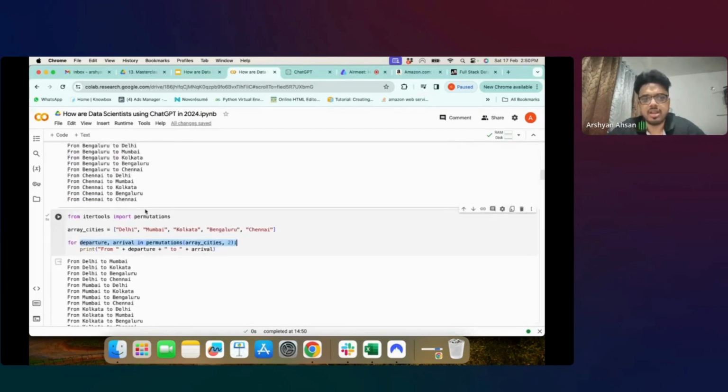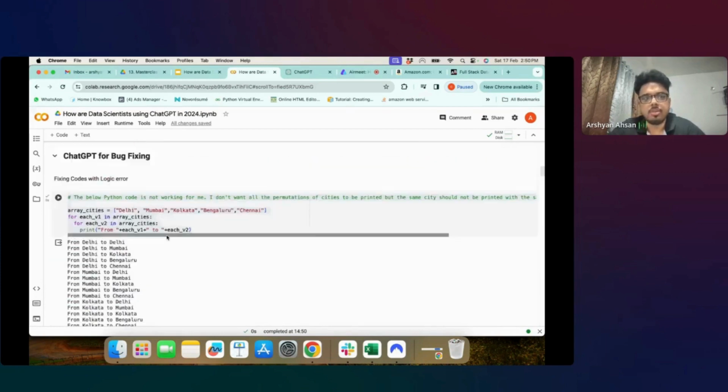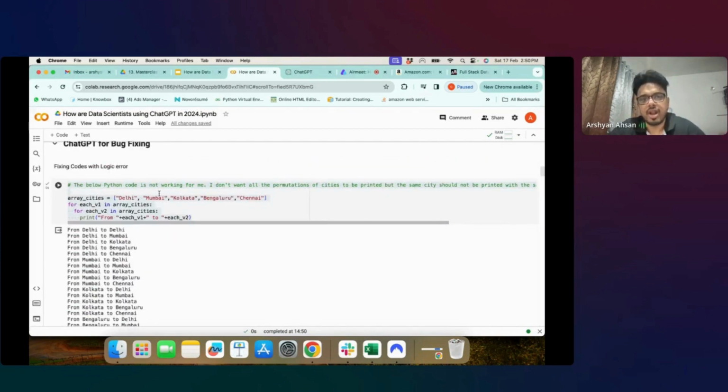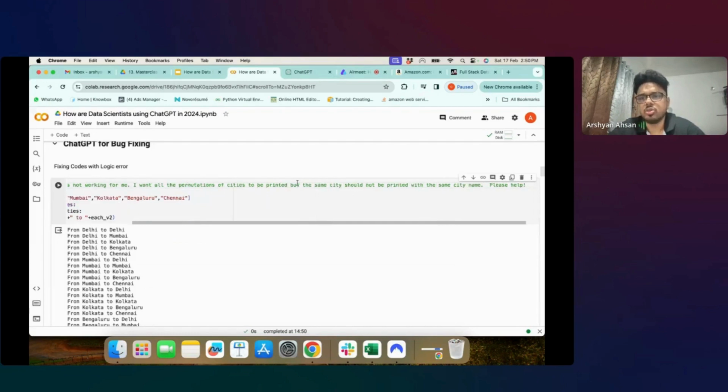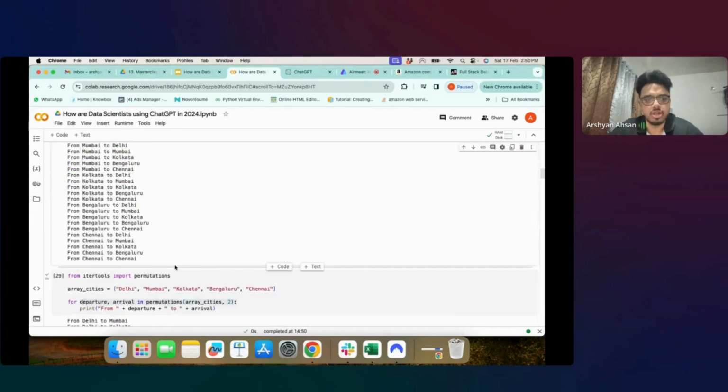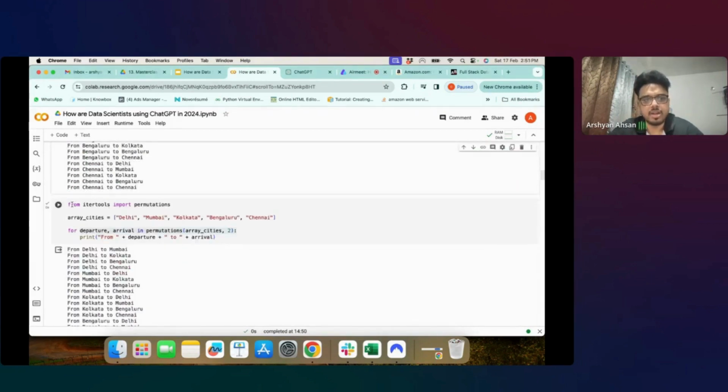So if you don't understand this piece of code, that's okay for now. But the idea is that if you provide the right set of instructions, right, then it will be able to handle this. Right? अगर आप बोलोगे कि मुझे ऐसा ऐसा लिखा है मैंने कोड, so over here I used a very basic one line prompt, right, to help me do it. If I gave the prompt even more specifically, it would have been able to do that. So उसने यहाँ पे itertools use किया.